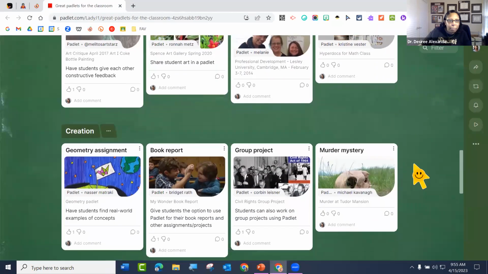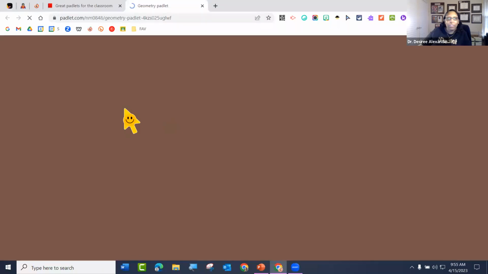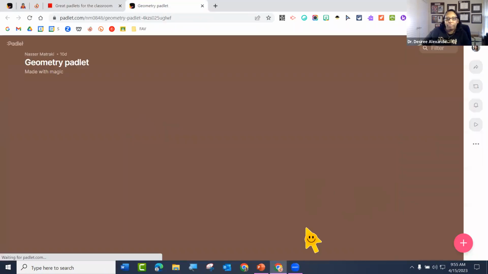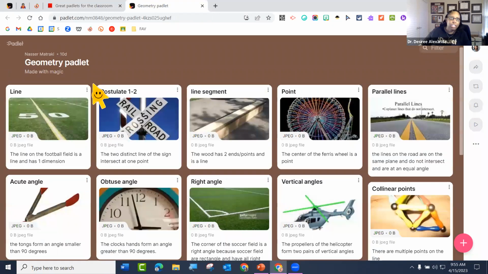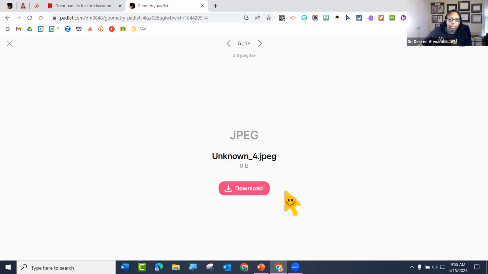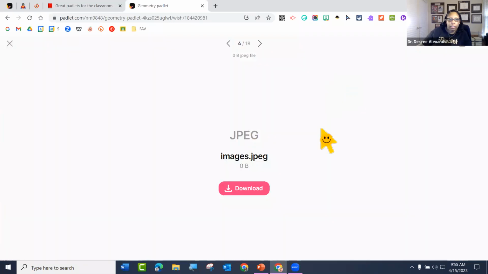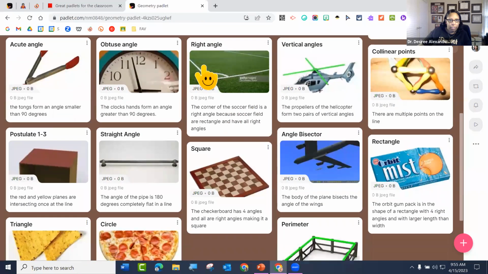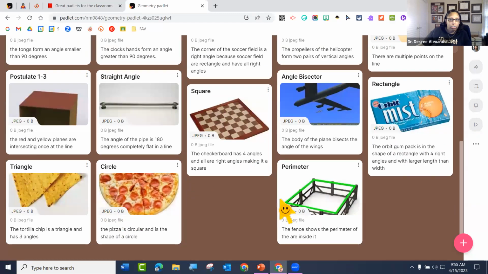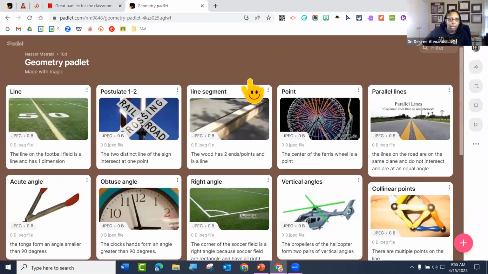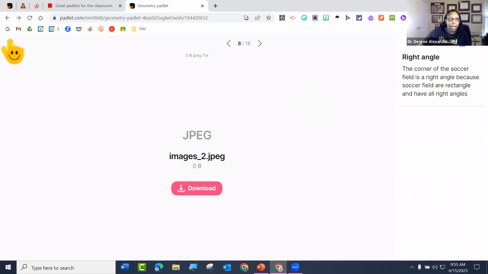One more example. Let's see. Did we do math, geometry, Padlet? You can get to all of these. So they were finding these things in the real world, like finding parallel lines in the real world. I don't want to download the picture, but I can see it right there. I don't know why it's making me download. Maybe it's one of their security settings or something. But you can see a circle, a triangle. There you go. So, finding geometry in the real world Padlet.